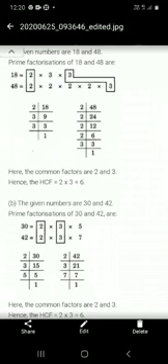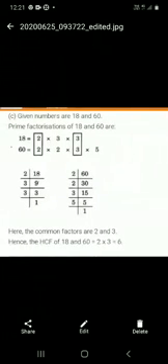Just like we did question B. Given numbers are 30 and 42. First of all, you factorize 30 and 42. 2 15s are 30, 3 5s are 15, 5 1s are 5. You write down the factors: 2 into 3 into 5. Then you have 42. 2 21s are 42, 3 7s are 21, 7 1s are 7. Now you find the common factors. 2 and 3 are the common factors. Now you multiply them and you get the HCF. 2 into 3 is equal to 6. Like this you will complete question C. You will find the common factors of 18 and 60, and you get the answer 6.